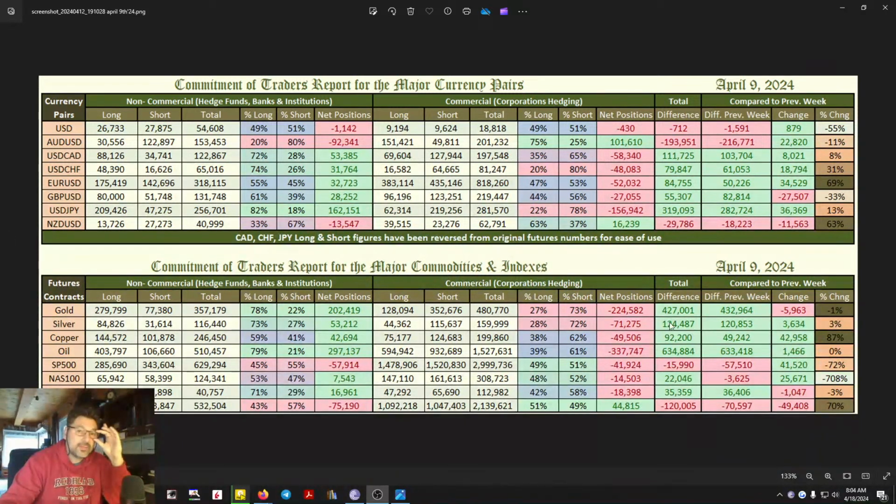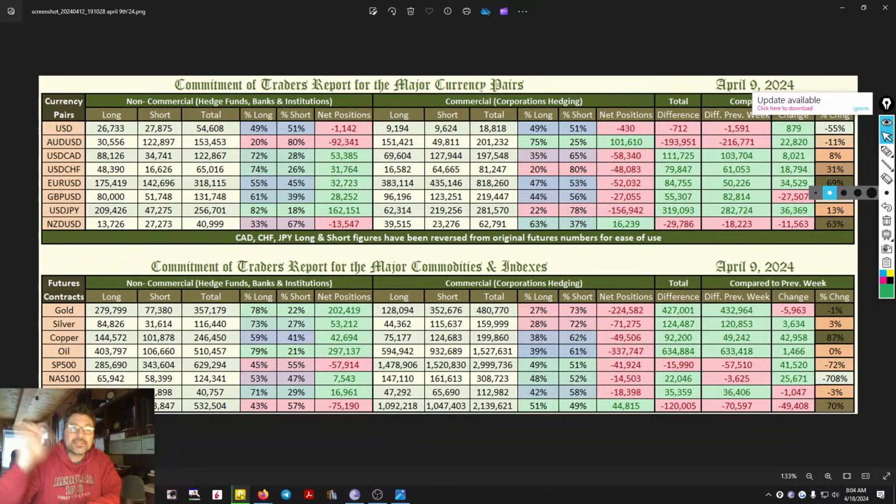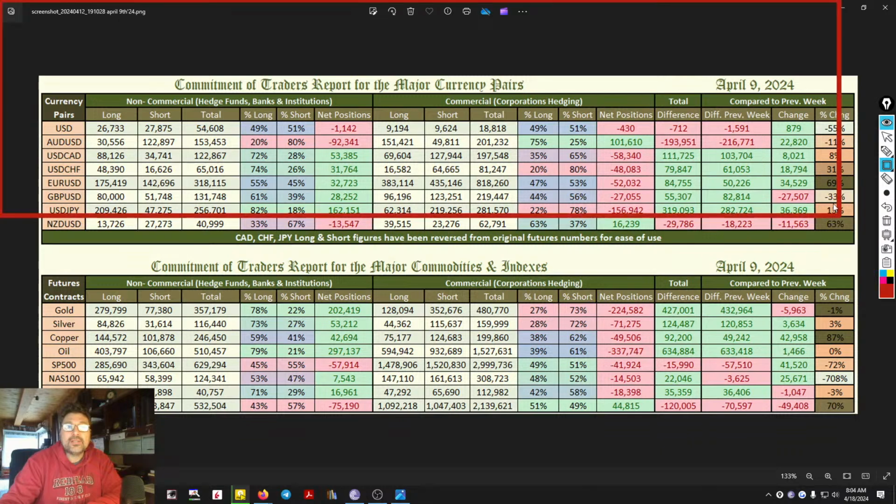So I like to start off by taking a look at the change column. Why the change column? The change column is important because it gives us an overall perspective of what has changed over the past week, comparing this last week's data with the data prior. So that gives us a good overview of what took place over the last week. So when I look at this column,